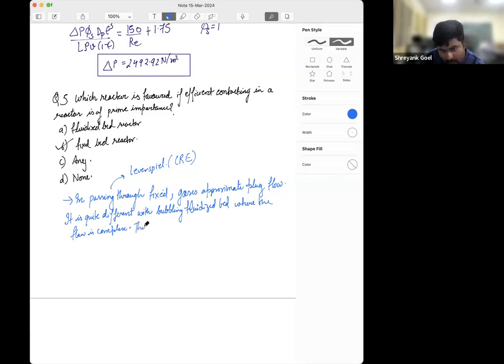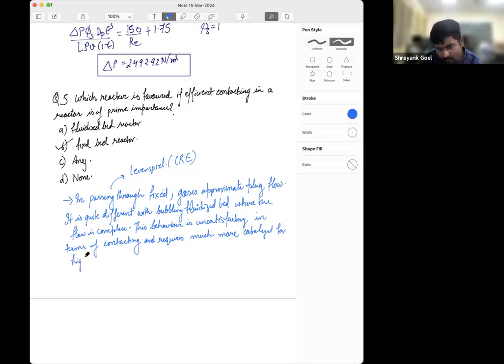This behavior is unsatisfactory in terms of contacting and requires much more catalyst for high gas conversion,